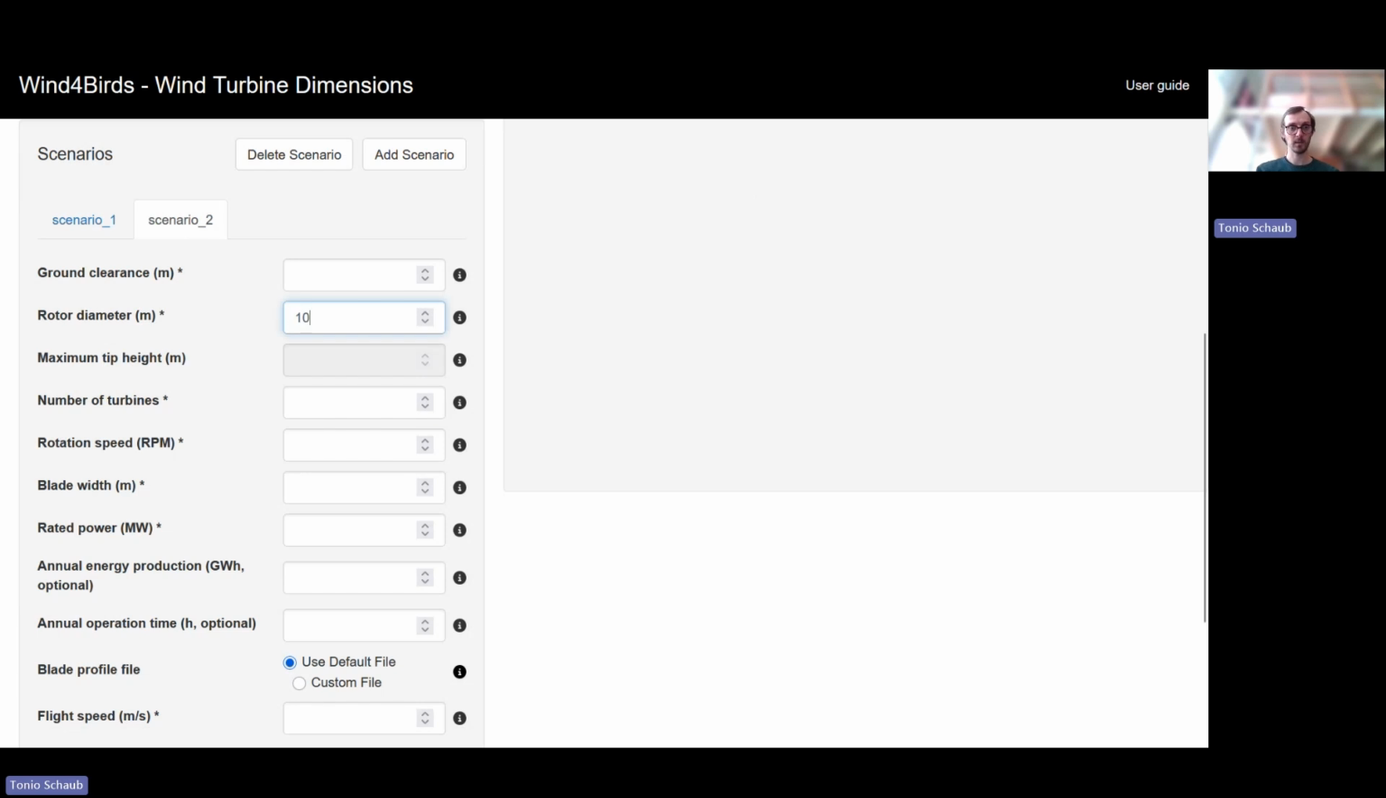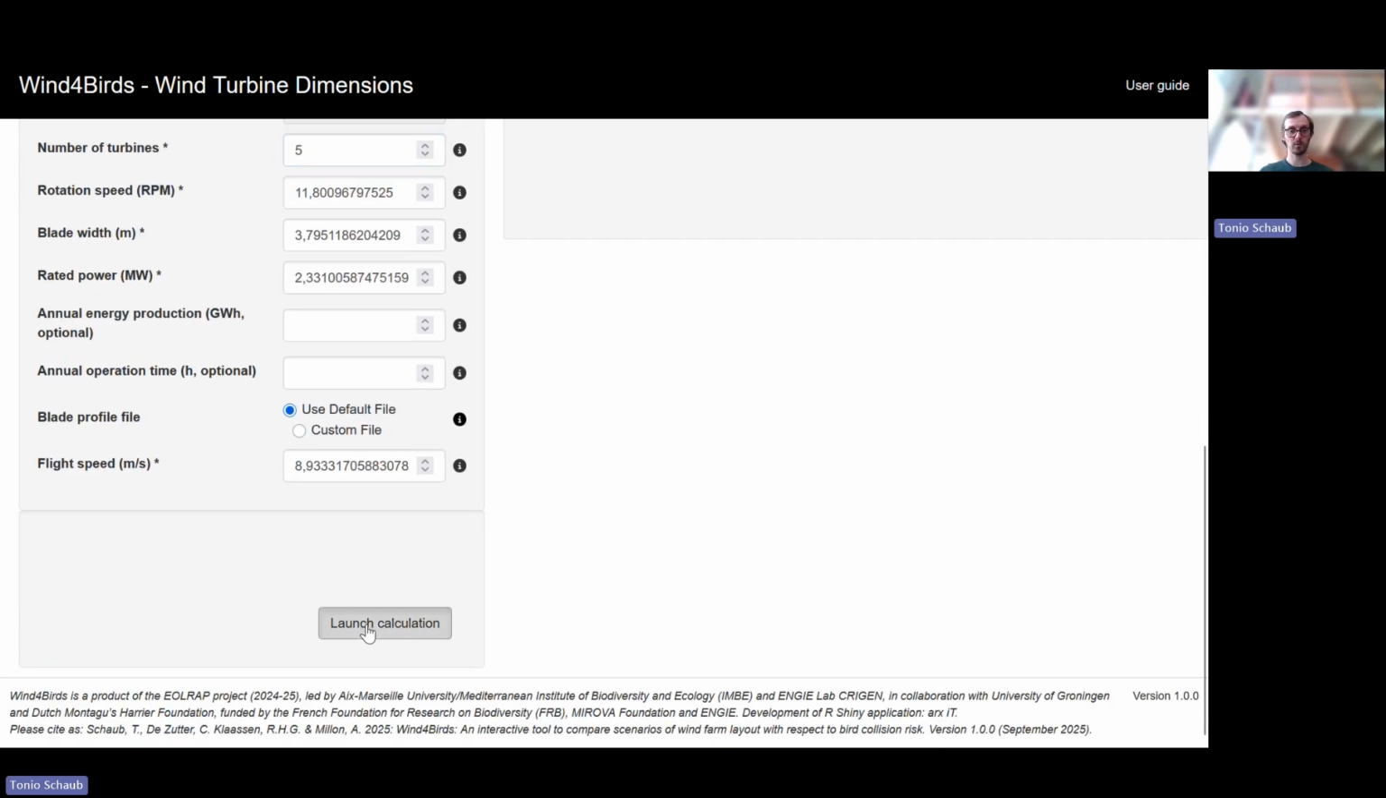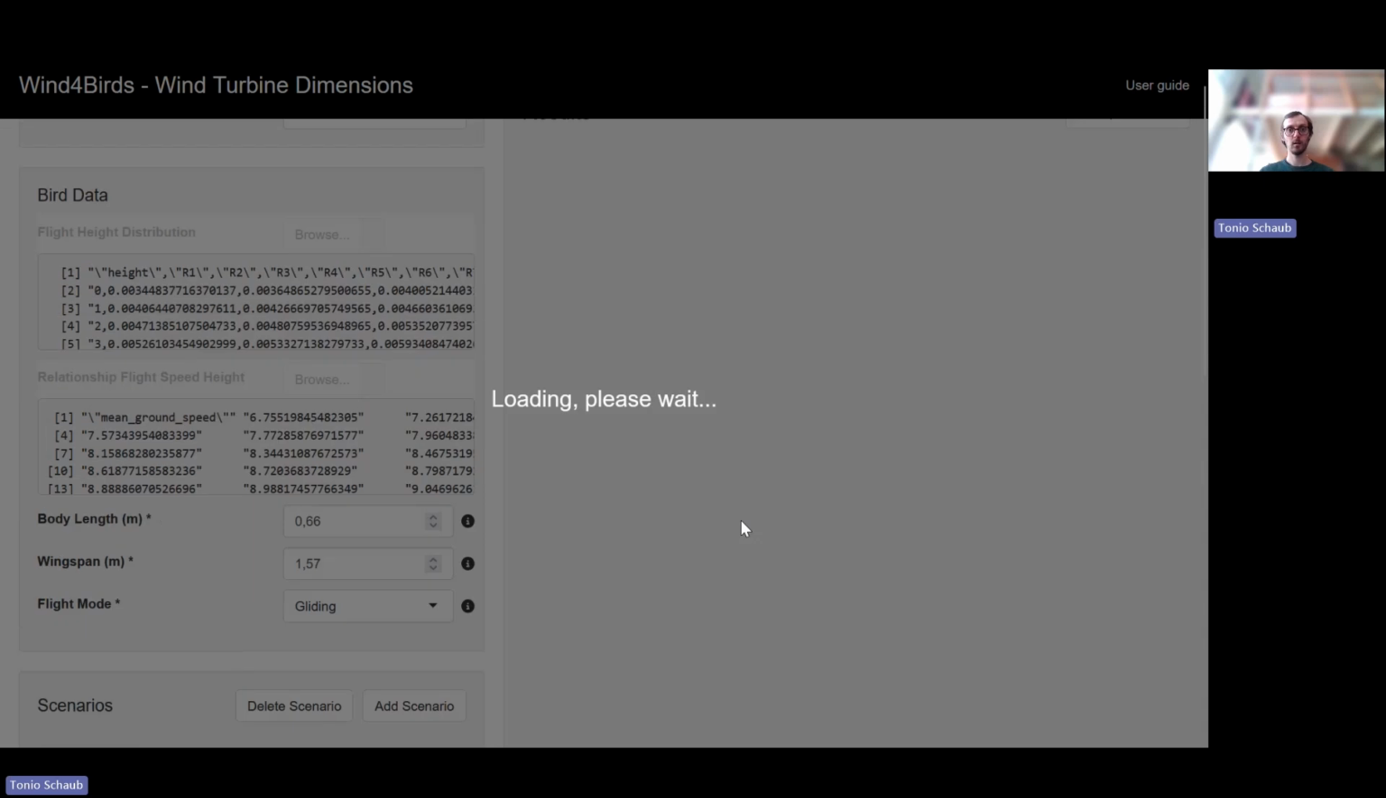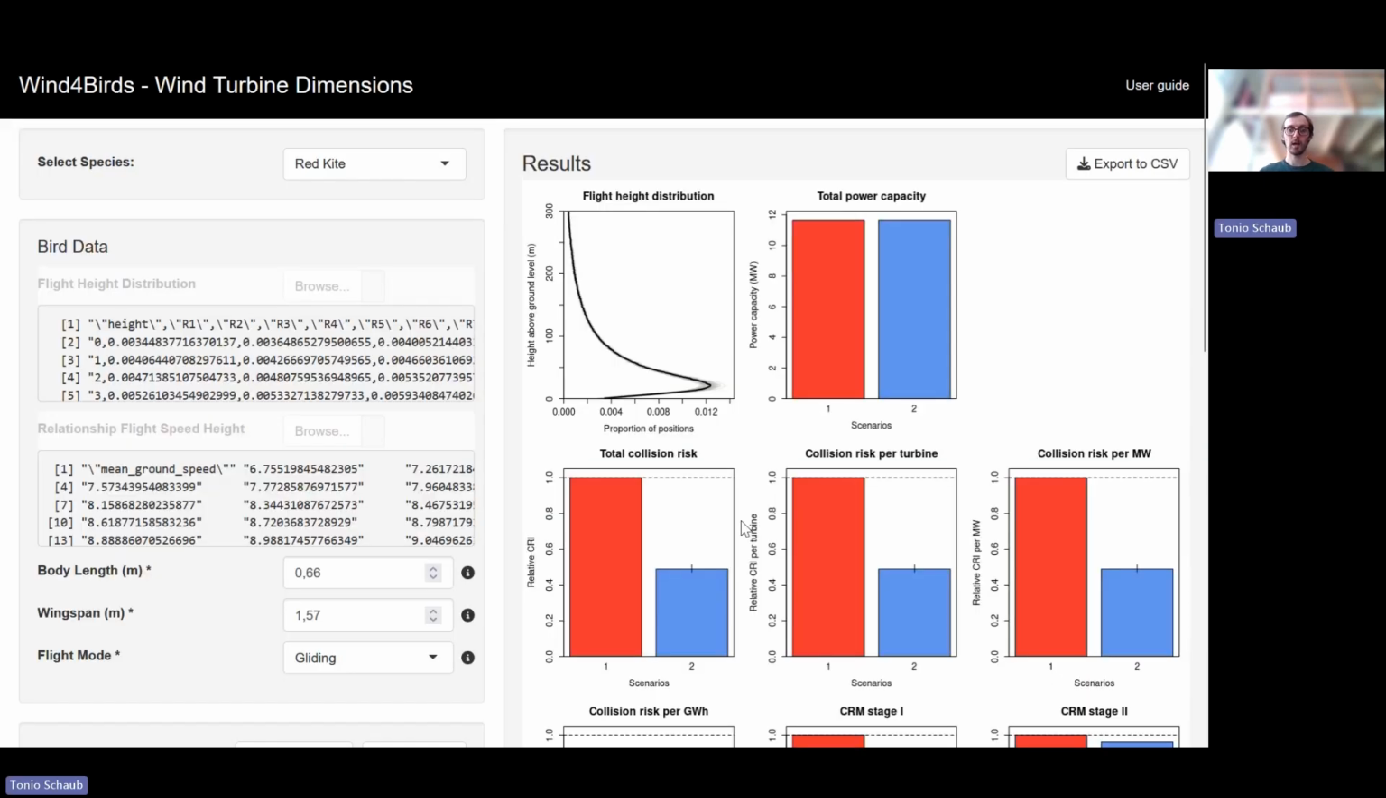I'll again use 100 meters as a rotor diameter, but I'll move the ground clearance from 30 meters to 80 meters. And now we have everything we need to launch the calculation for the first time. And you see the output figure appearing here on the right. The first 2 panels illustrate some of the input parameters, the flight height distribution, and the total power capacity for each of the scenarios. The third figure is the main results figure,